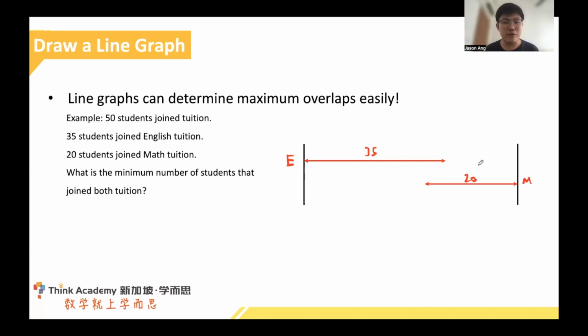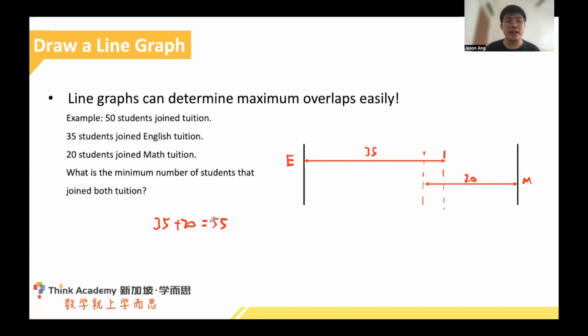So what about the overlap? We know that there is some overlap in between. And when you overlap in between, this means that you have joined both tuitions. So 35, 20, you'll be wondering, so wait, how much is the overlap here? Now, you know that if you added 35 and 20, it will have given you 55 students, which now this